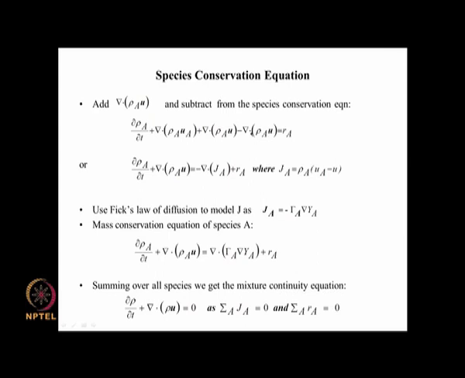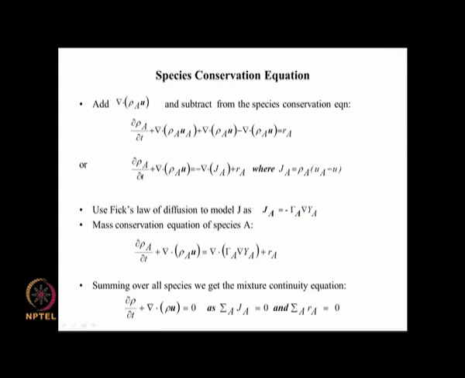So we add and subtract this quantity on both sides, and then we can keep this here and take it on to the other side, and we have del dot rho A u and we have del dot rho A u_A. So we can write this as del dot rho A times (u minus u_A) when you take it to the right hand side. So this whole equation, the original equation to which we have added and subtracted this thing, can be written in this particular form,